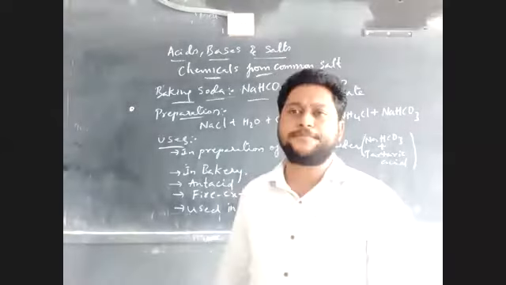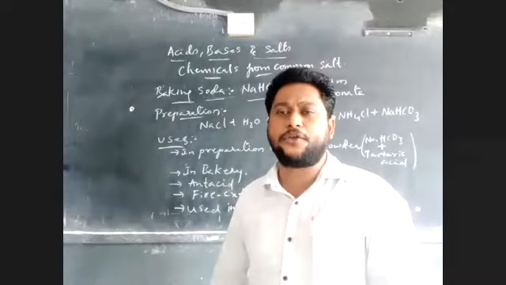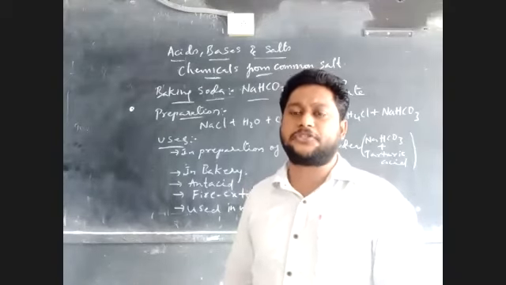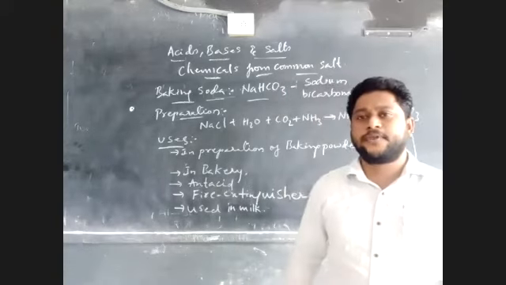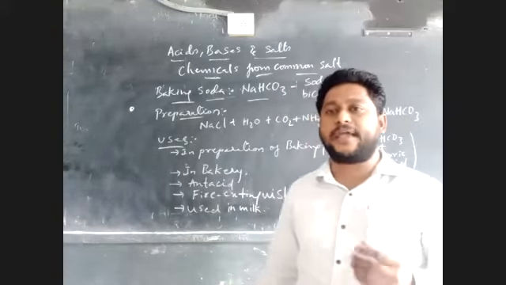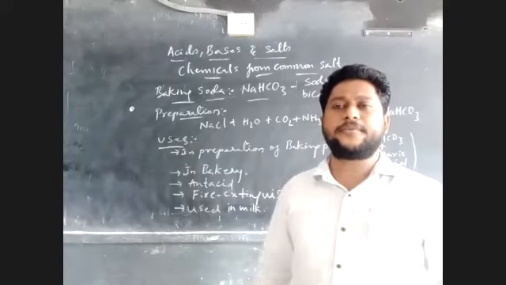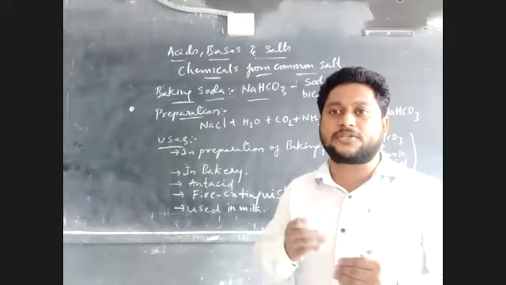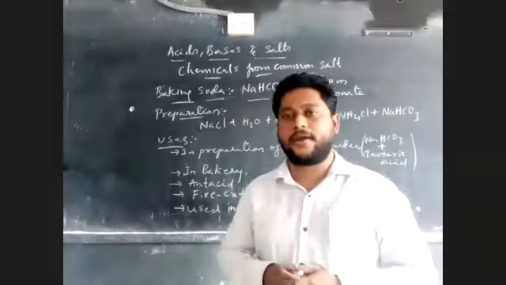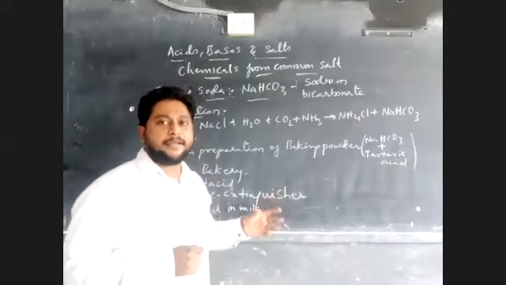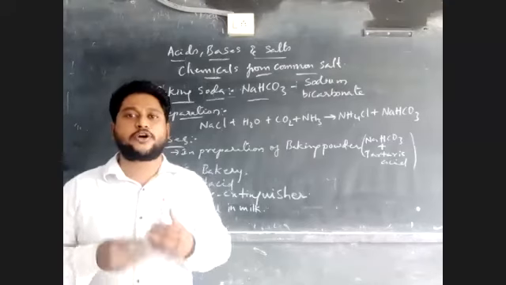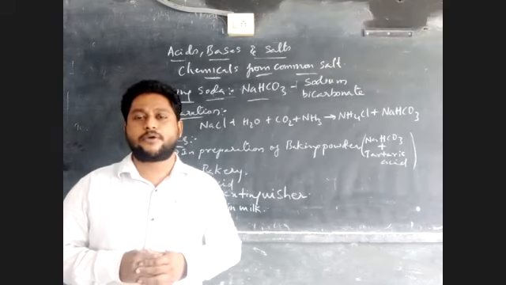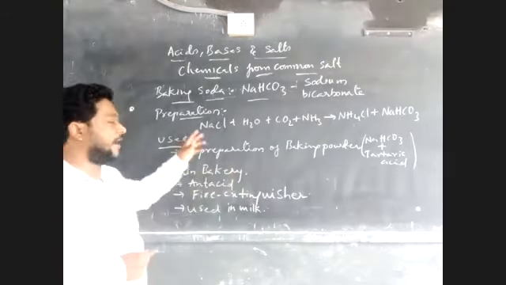If the entire milk gets spoiled because of the increase in lactic acid, the milkman gets a loss. So what he is going to do is add baking soda to the milk. On adding baking soda to the milk, the formation of lactic acid is slowed down, right? So by adding baking soda to the milk, the process of curdling is slowed down.